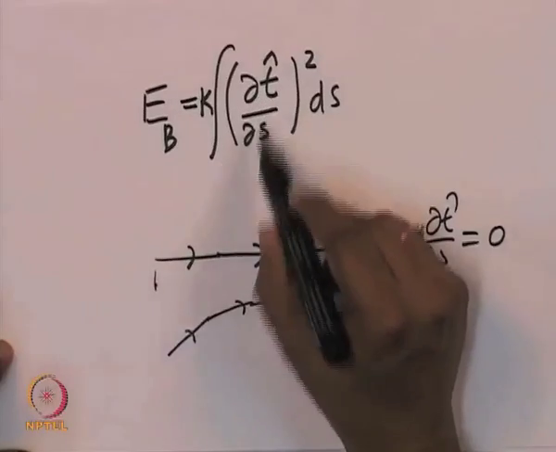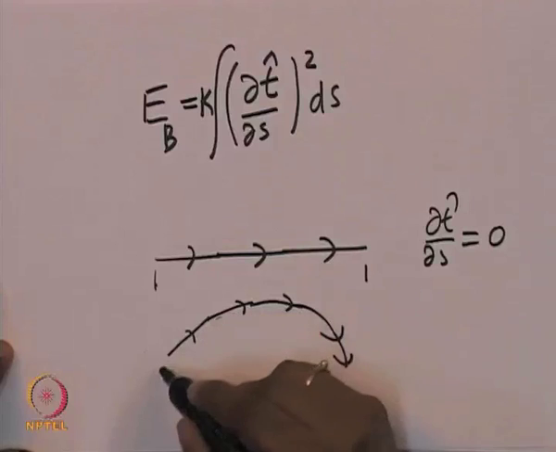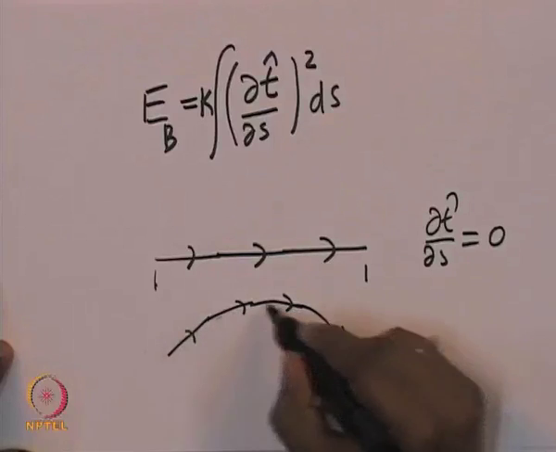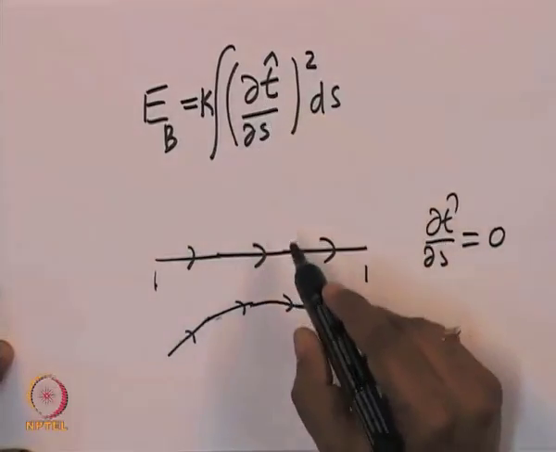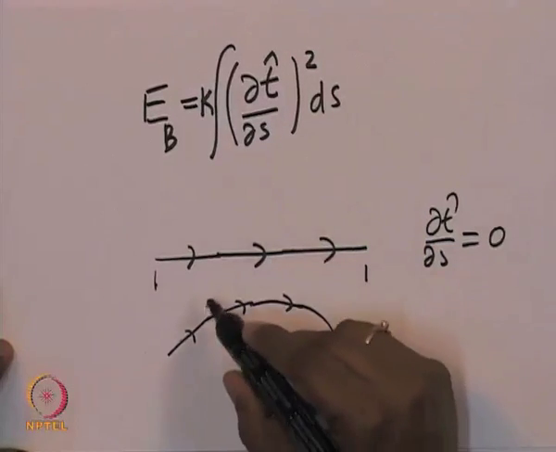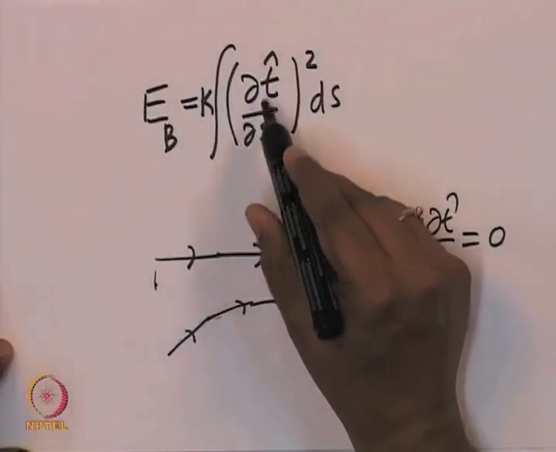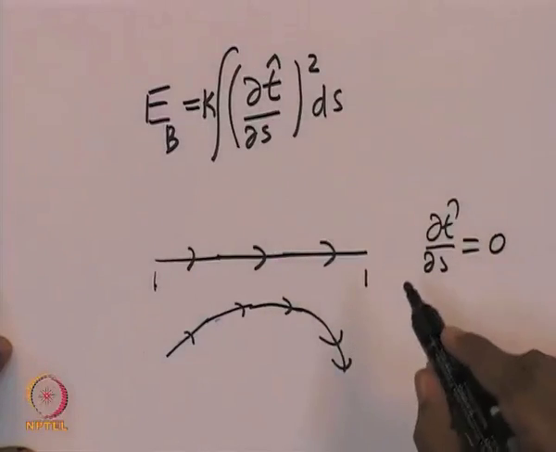So, the tangent vector here is like this, here is like this. So, the tangent vector along the contour changes its direction. If the tangent vector changes its direction, then there is a bending, and therefore, the bending has to be proportional to del t by del s. Now, why is it square? Because